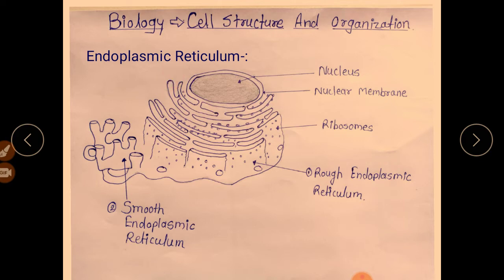The structure of the endoplasmic reticulum is made of cisternae, vesicles and ribosomes. A number of tubule-like bodies are present, and all the tubules are interconnected to each other. They are called cisternae. Each cisterna has a lumen, and the size of the lumen is about 40 to 50 micrometers. That means with the help of these cisternae, a complex network of tubules is formed, and this is called the endoplasmic reticulum.